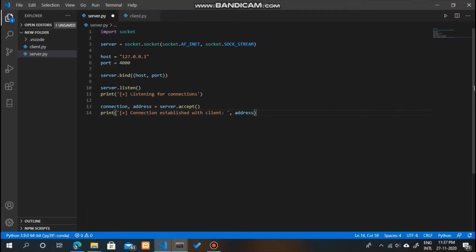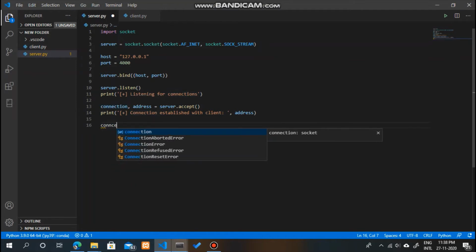The next thing we will do is receive some data from the client, so in order to do that we'll use this connection. We are now connected to our client, and we got our connection. Using this connection we can send or receive data from or to the client.